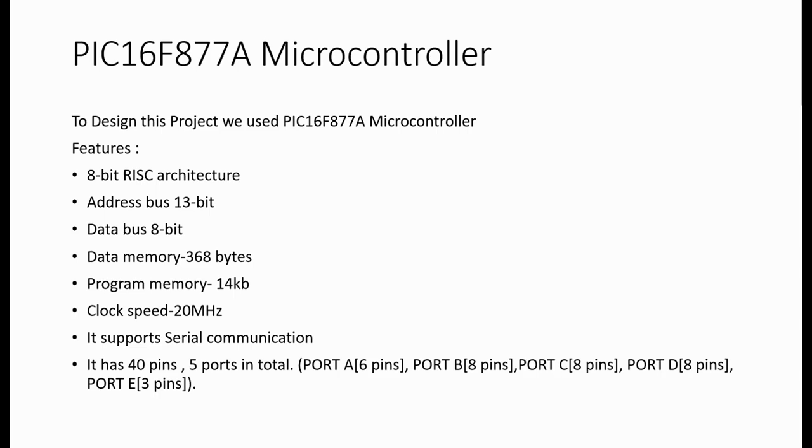PIC16F877A: 8-bit architecture. It has an address bus of 13 bits and a data bus of 8 bits. It has a data memory of 368 bytes and a program memory of 14 KB. It has a clock speed of 20 megahertz. It also supports serial communication like SPI, UART. It has 40 pins, with 5 ports in total. Port A contains 6 pins, port C contains 8 pins, port D also contains 8 pins, and port E contains